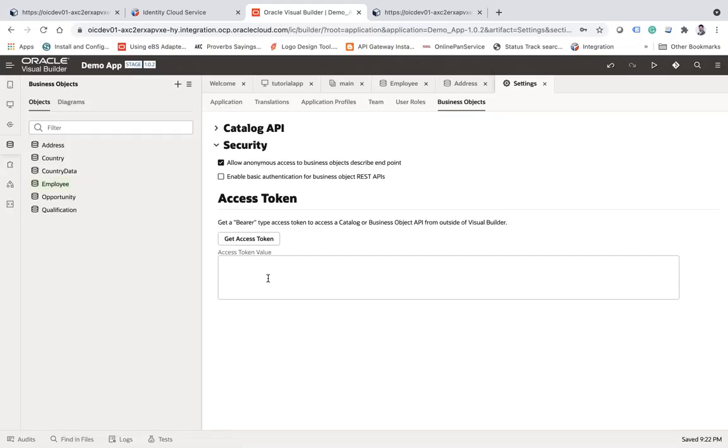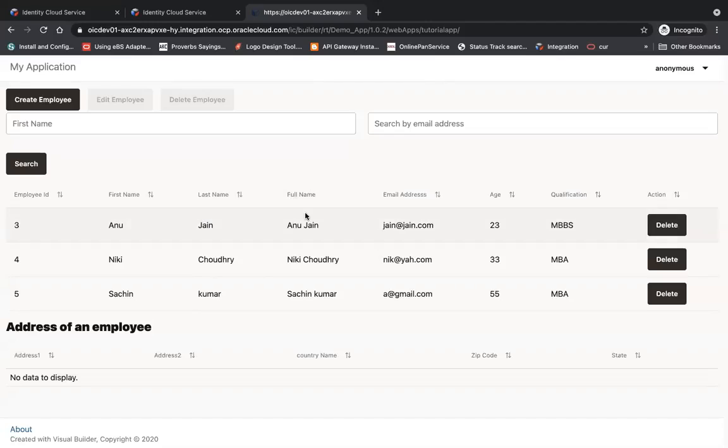Let me just recheck. Oh yeah. Now, okay. So here you see now the application has been loaded successfully with the data as well, which means I also have to enable the